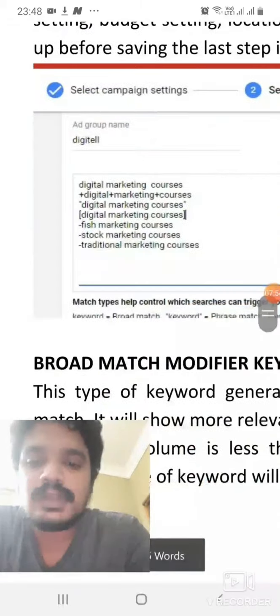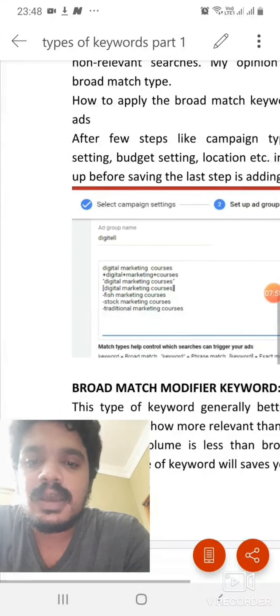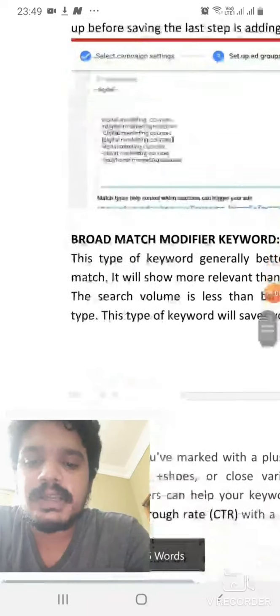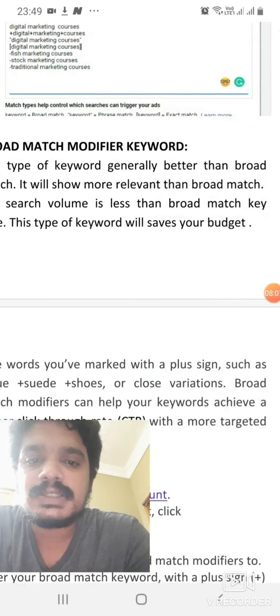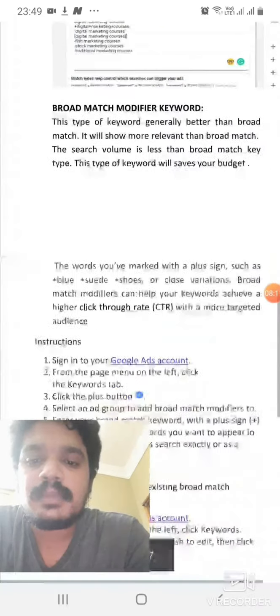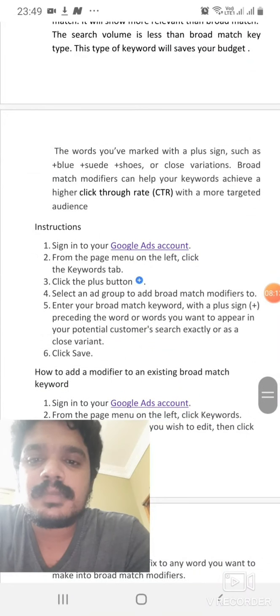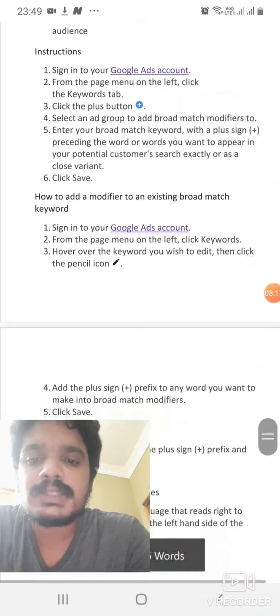It will show to both relevant and non-relevant audience, but the volume is very high. A wide range of audience will come by using the broad match type.